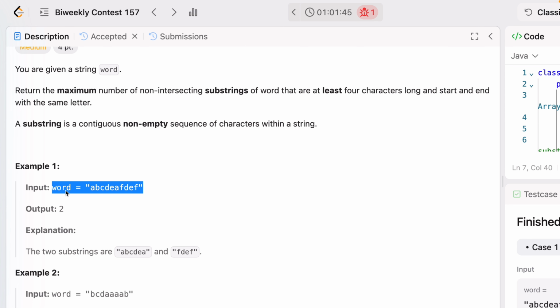In the example, the word given is A, B, C, D, E, F and then A, B, C, D, E, A, F, D, E, F. The 2 substrings are A, B, C, D, E, A and F, D, E, F. So there are 2 substrings and that is why the answer returned is 2. We can choose these 2 substrings,